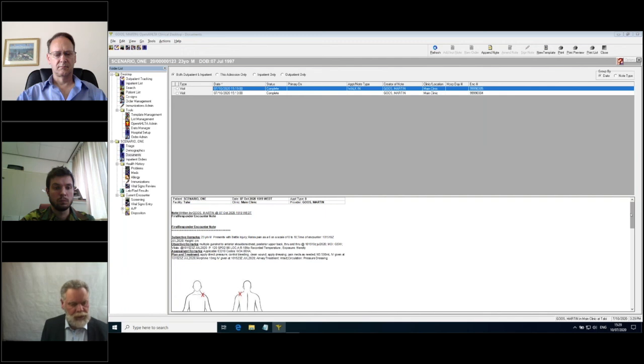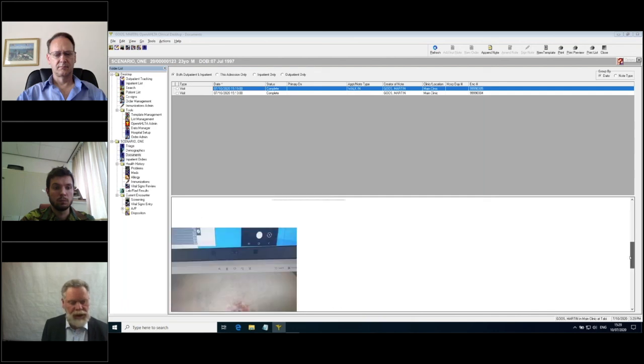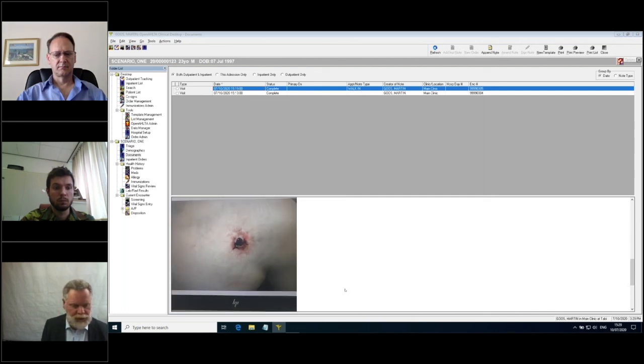We can see the picture of the point of injury, the point of the gunshot wound. And we can see the image that was taken of the patient with the gunshot wound. So this is all good.